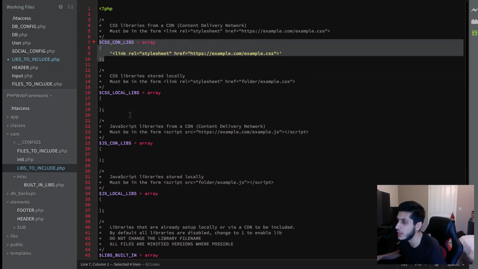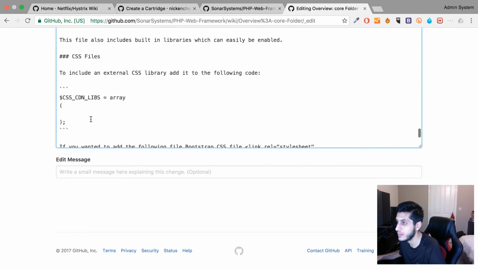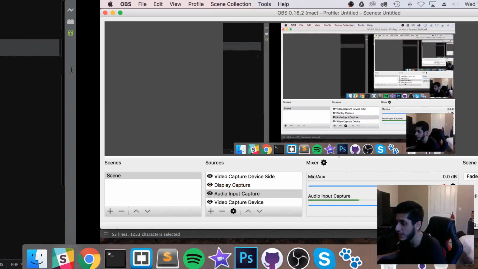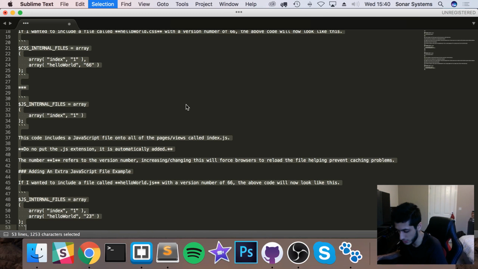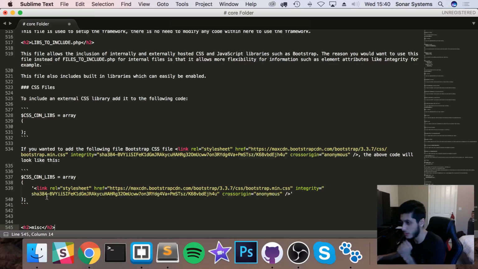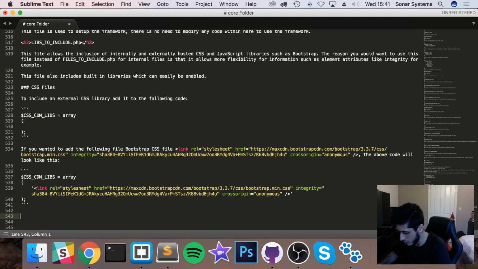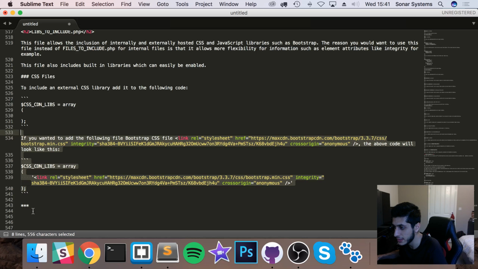Okay, that's all good. Now we need to explain the external library one, the internal library one. So I'm actually going to just copy and paste that into Sublime. It's just got more room in Sublime. And I can mark that as Markdown. So I'll get a bit of highlighting in there to include an external CSS library. And now what I'm going to do is whack in a horizontal rule, copy and paste this,